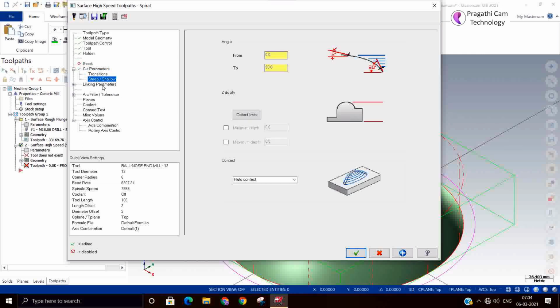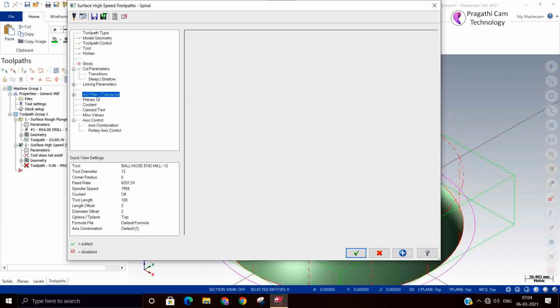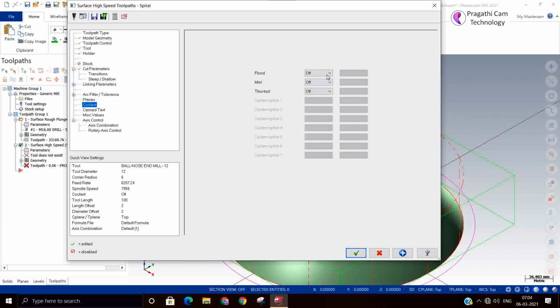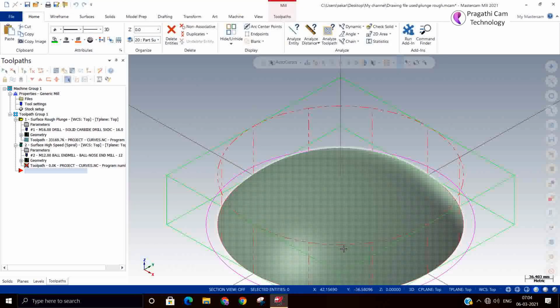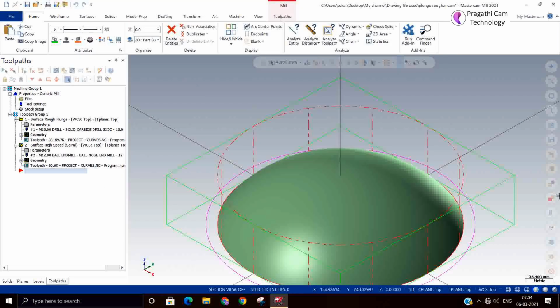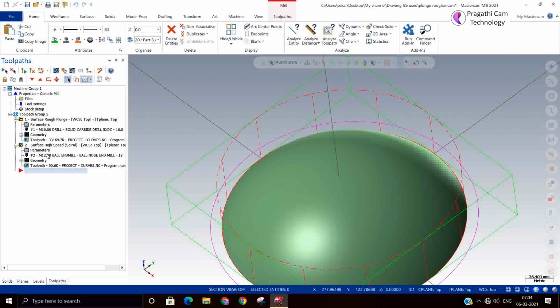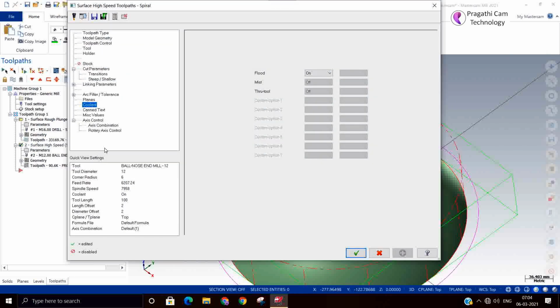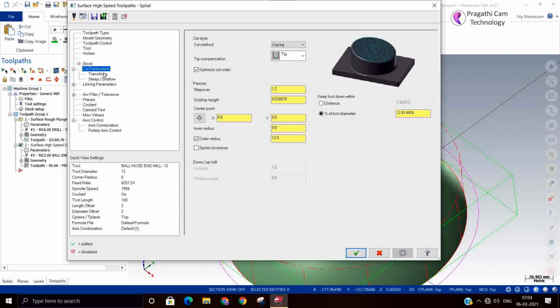So all other parameters we have already used. I will just switch on the coolant. Now you see that no toolpath is visible. Inner radius I can keep or remove.